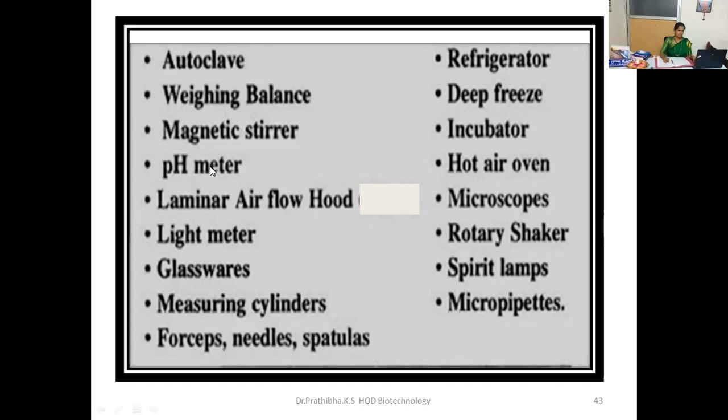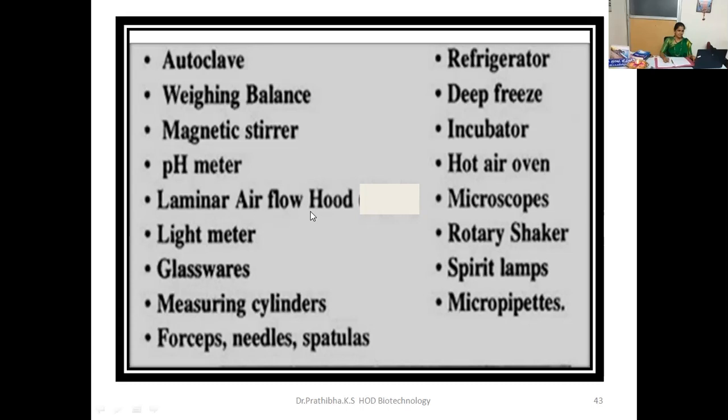Sometimes the solid media won't become solidified, and that will be in a semi-solid condition, and even plant cells, tissues, and organs are unable to assimilate the chemicals which are present in the nutrient medium. So the adjustment of hydrogen ion concentration is very, very important. To adjust the hydrogen ion concentration in tissue culture conditions or at research level, we should use a pH meter.